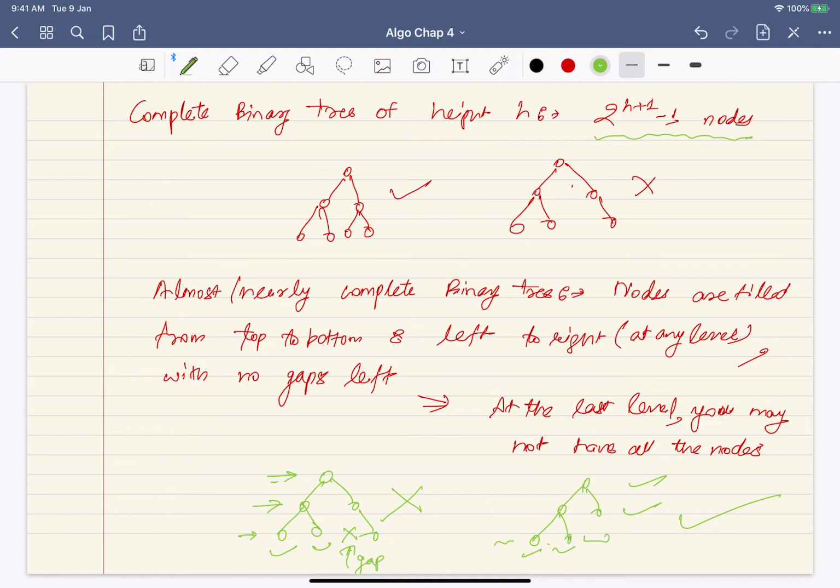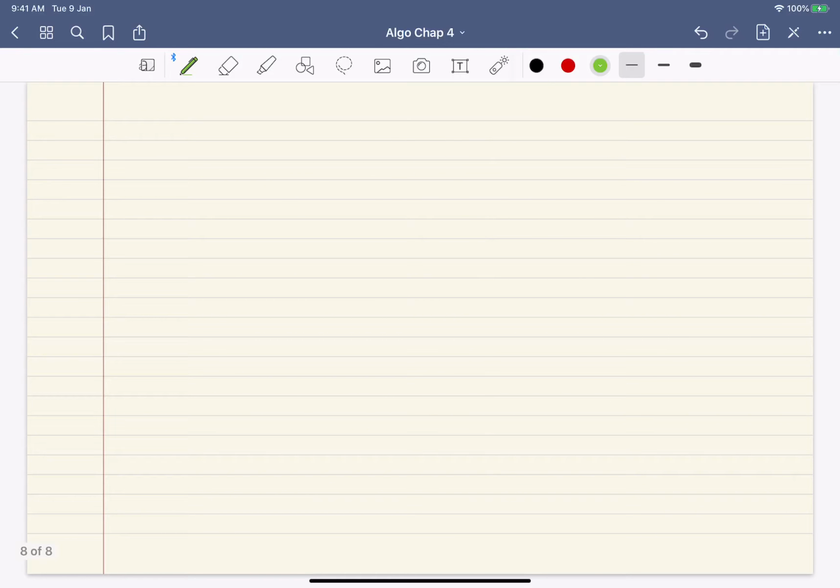Now, okay, so once I know about the terms and the structure and the definitions, the next important thing you have to talk about for any data structure is, okay, what are the operations you can do? So what are the operations on a binary tree?